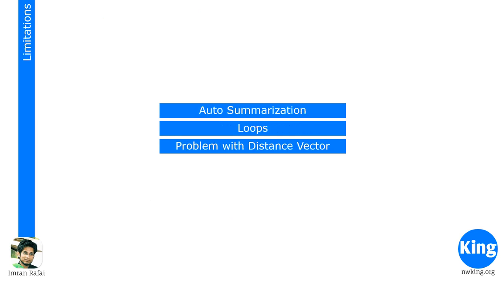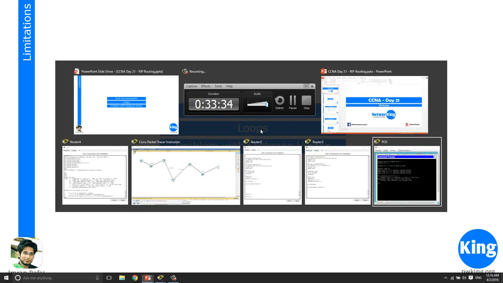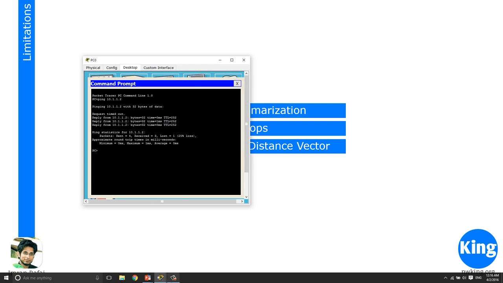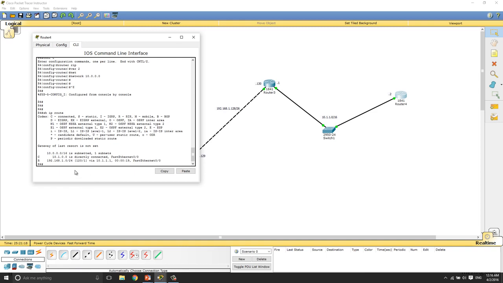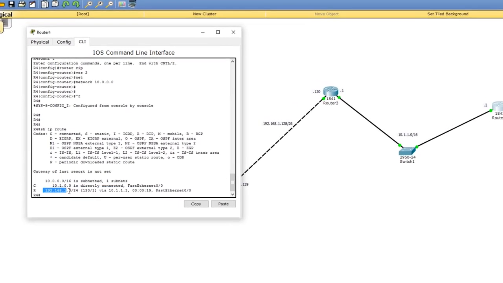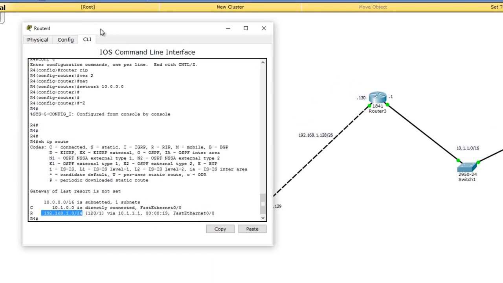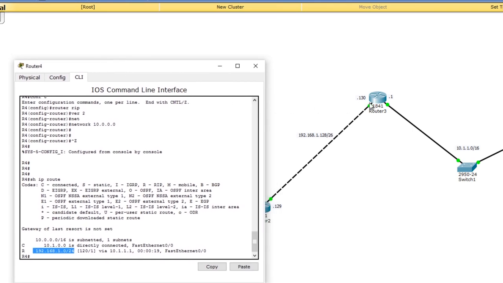Now let's look at the limitations of RIP. RIP has a lot of limitations. One of the main limitations is what we spoke about earlier, auto summarization. So if I go back to a network, and here it tells RIP has told, that means this device, router 3, has told router 4 that the entire